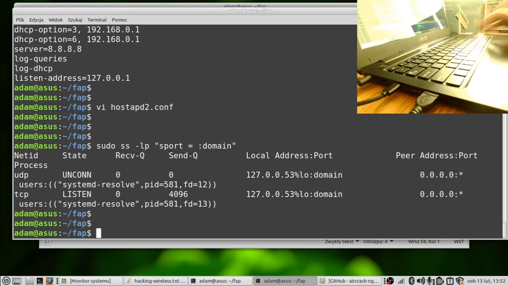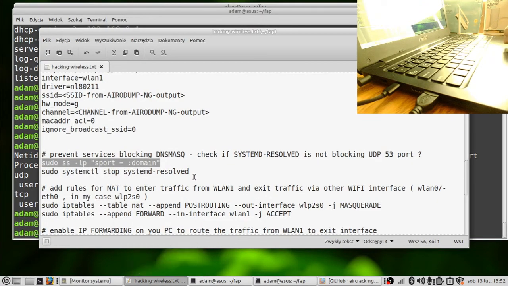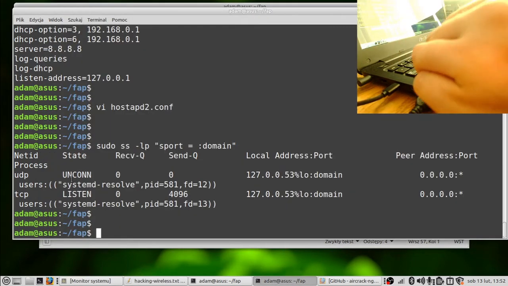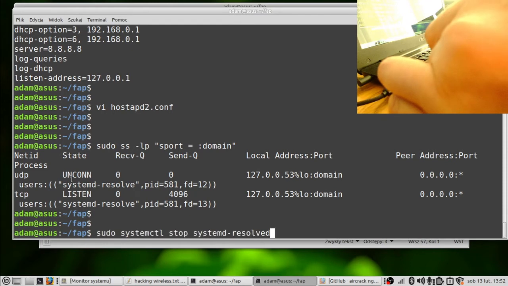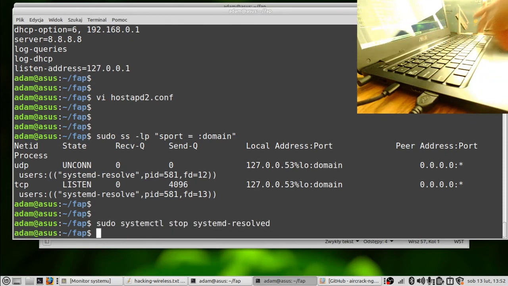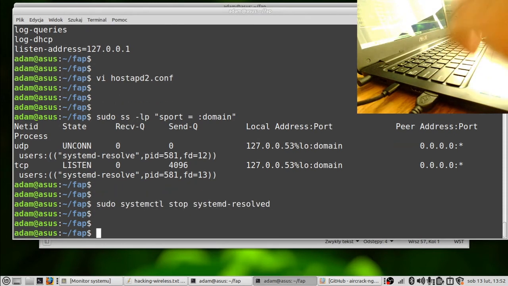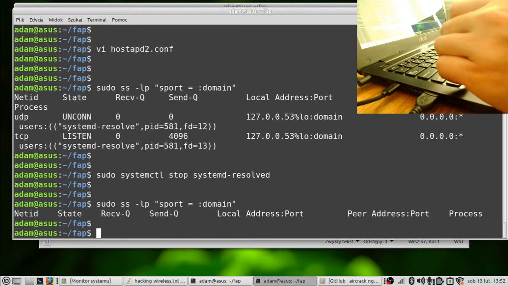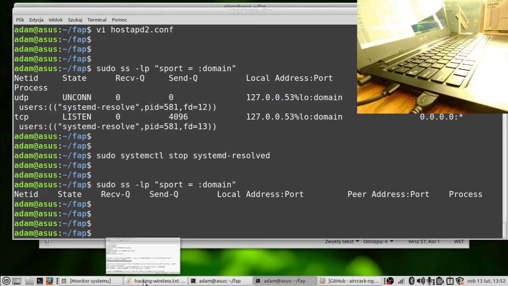You need to kill this. It is systemd-resolved. We need to kill this one to proceed. Okay, let's switch this one off. The command is like this. And now it shouldn't be working, but you need to hurry because the system can run it once again.